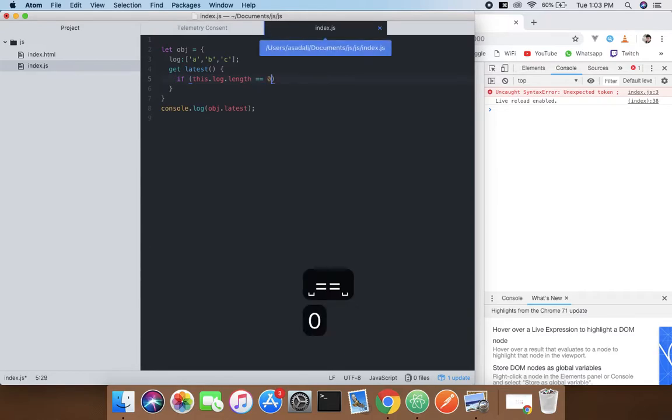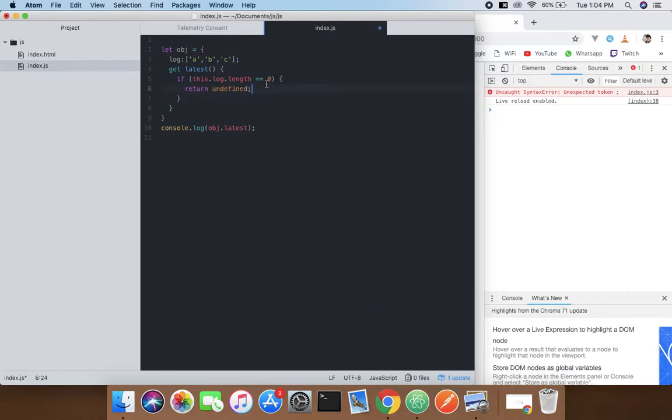If the length is equal to 0, we will return undefined. We will return undefined,